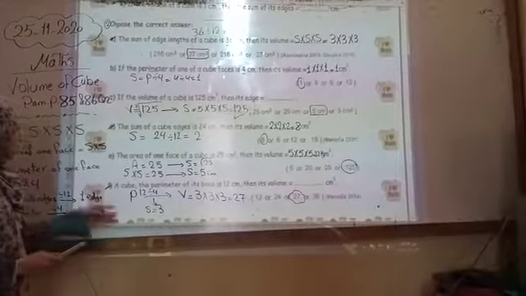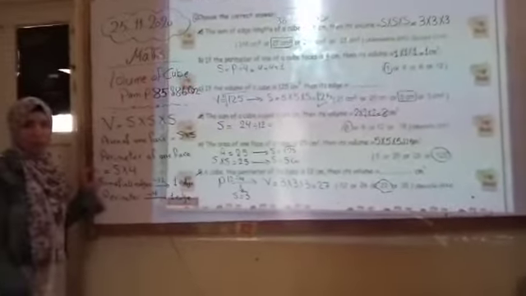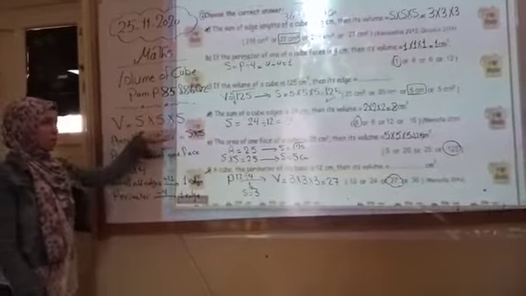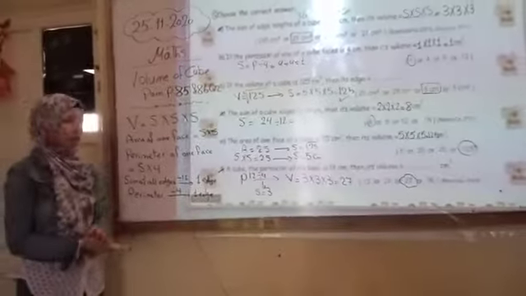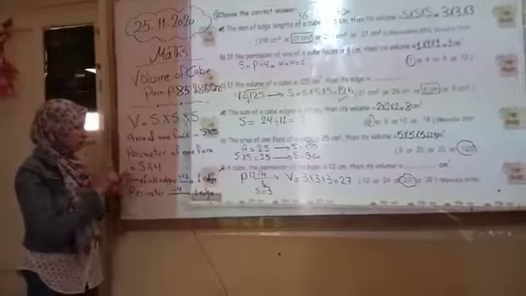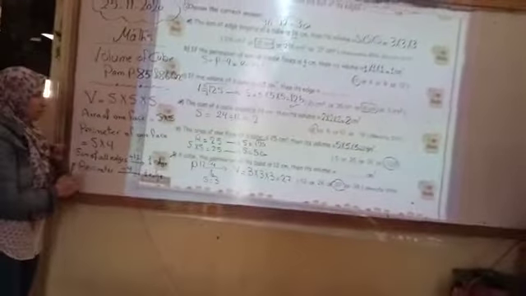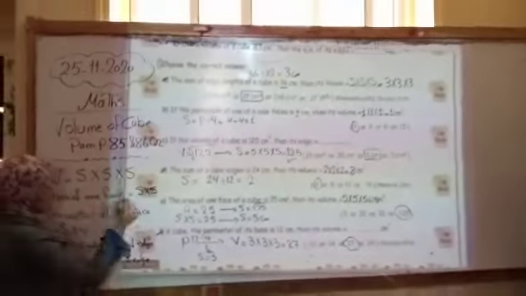Again, primary, this rule is so important. It will help us to solve the exercises on volume of cube. First, volume of cube is side by side by side. I want only the side to get the volume. I can get it from area, from perimeter, from sum of all edges. From area, we have area equals side by side. If I want only one side, we make root area.